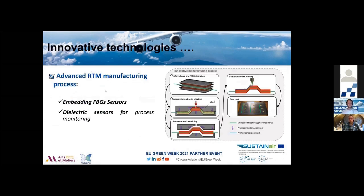So some innovative technology that we hope we're going to validate is some advanced RTM manufacturing. These kinds of structures are manufactured with the resin transfer molding process. So we propose to embed this process with some specific sensors that will help us. There are two types of sensors: sensors that will be used only to optimize the manufacturing process, and sensors that will be